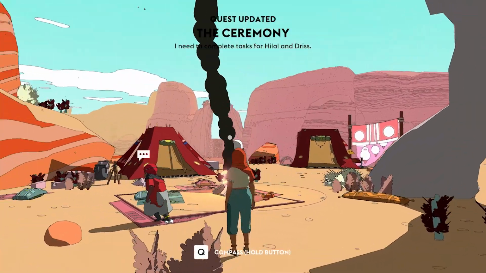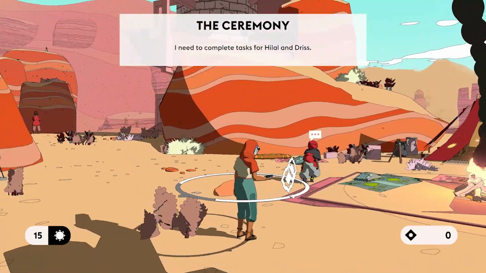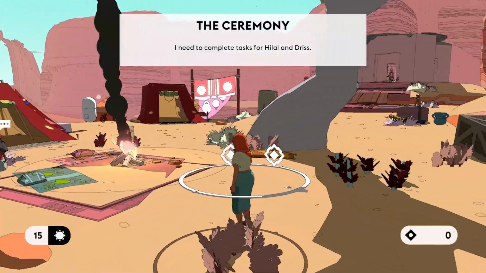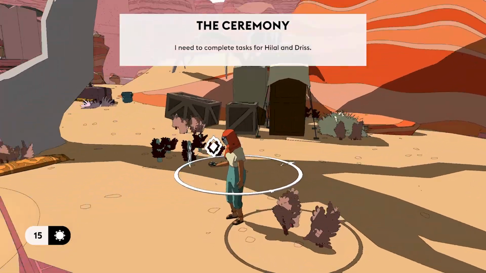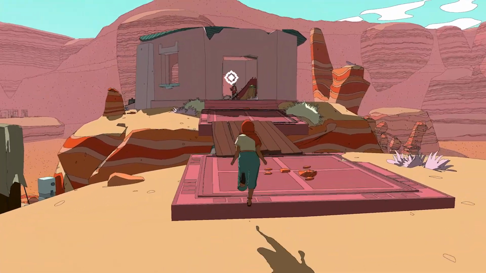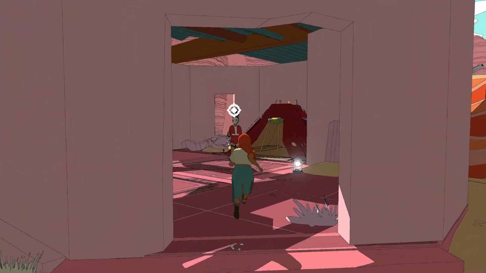All right. So I need to complete tasks for Hillel and... Oh, press Q. Okay, so I got the tasks. Oh, that's kind of a cool way of doing it. Instead of having a heads-up display, I hit Q, and I can see where tasks are located in the general direction I need to go. Then I have north on the compass. That's actually a really cool way of having a minimalist kind of HUD and still having the information you need. I guess this stuff still pops up when I'm close to it, but...